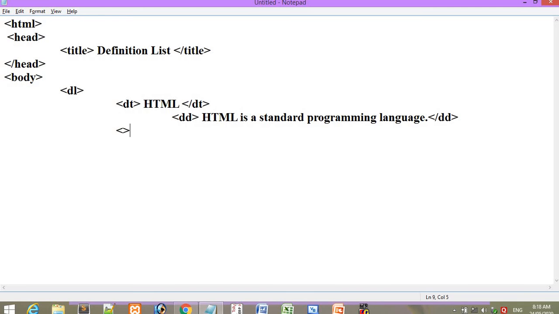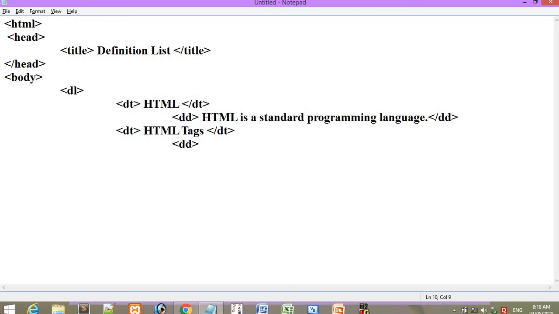After this, suppose I want to use one more definition term. Here I am going to give the definition term as HTML tags. With DT I have closed my definition term, and now I am going to give a description for this term inside a DD tag, the definition description tag.